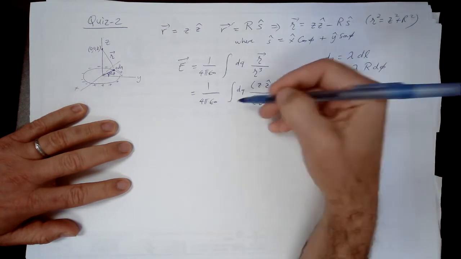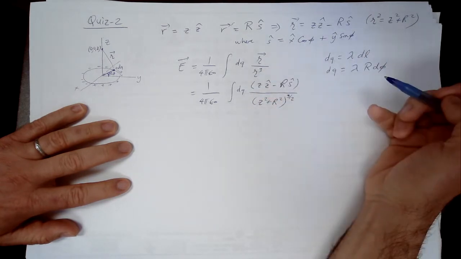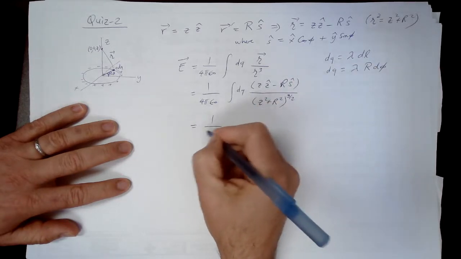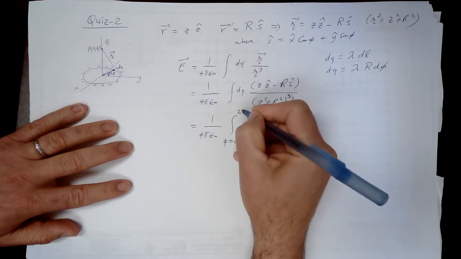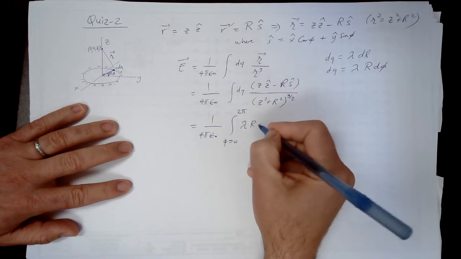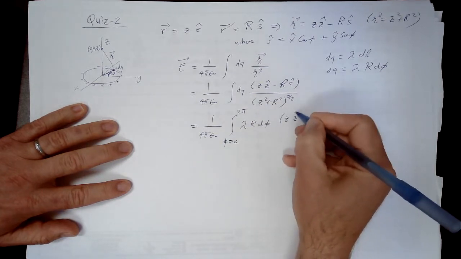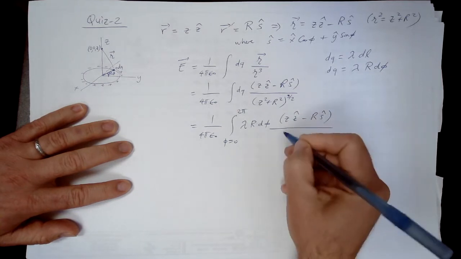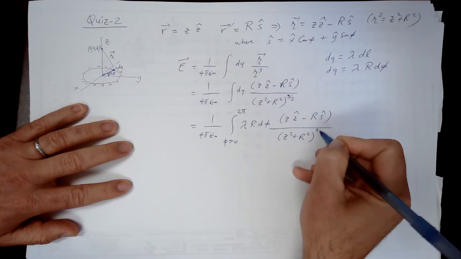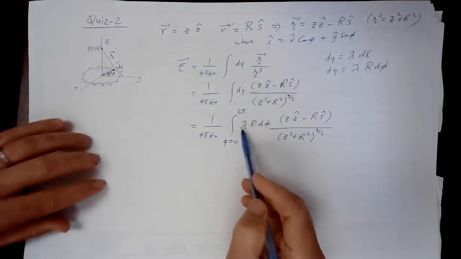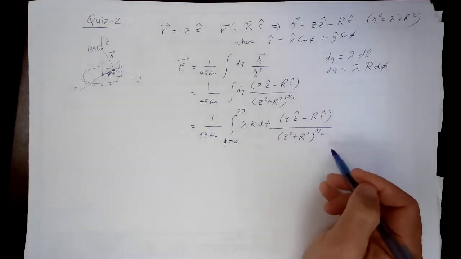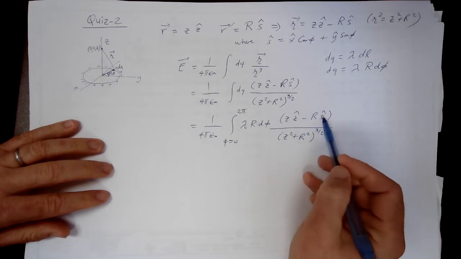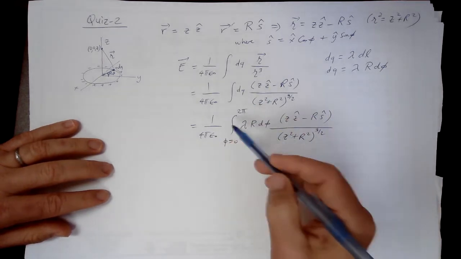Obviously, the integration will happen 0 to 2 pi, and I can write 1 over 4 pi epsilon naught integral phi equals 0 to 2 pi lambda R d phi, z z hat minus R s hat over z squared plus R squared 3/2. Now here, 0 to pi I need to use lambda naught, and pi to 2 pi I need to use minus lambda naught,